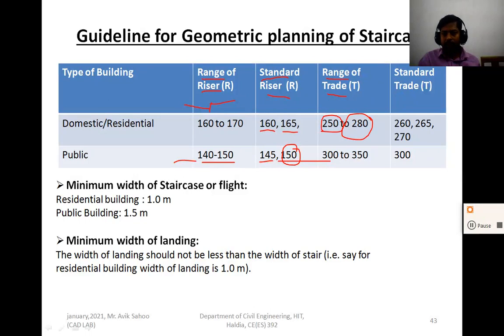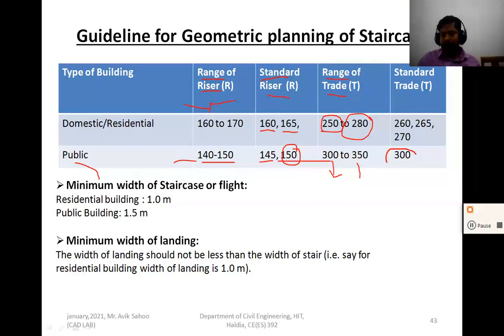In public buildings it is from 300 to 350. One thing to note is that in public buildings the tread width is more than in residential buildings, again to make it comfortable, because a public building may be overcrowded, so more tread width is considered.